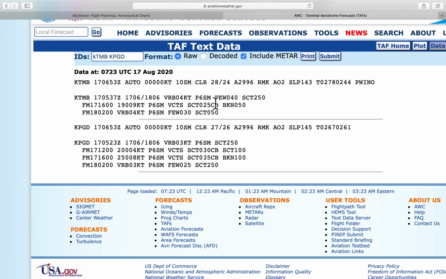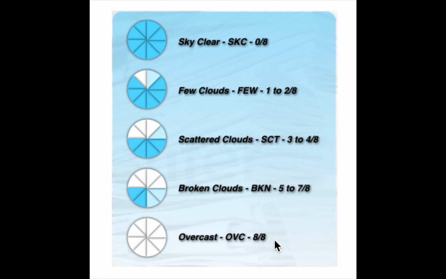You guys must be wondering what is few, what is scattered, what is broken in clouds. So I'll explain with an image. As you can see in this image, imagine the sky is divided into 8 equal parts and there is no cloud in any part, so it is called sky clear.